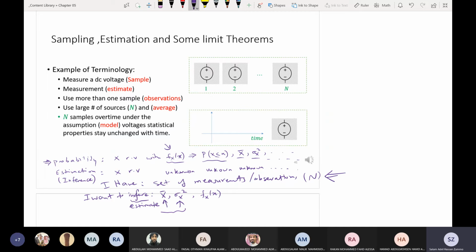I know that x is a random variable. I know the temperature is a random variable. لكن I really don't know its PDF. ولا عندي المين حقها الافريج، ولا عندي الفارينس، ولا عندي أي معلومة. اللي عندي set of measurements، n measurements، مجموعة أرقام، observations. وهذا اللي يصير منها ترى. طلع انتوا كانجينيرز آخر شيء this is what you will do. You will go to the lab and do measurements. الان through these measurements you want to estimate, infer ايش الافريج، ايش الفارينس، ايش السكند ثيرد مومنت، ايش ال expected